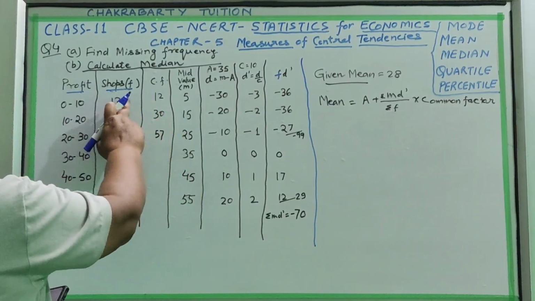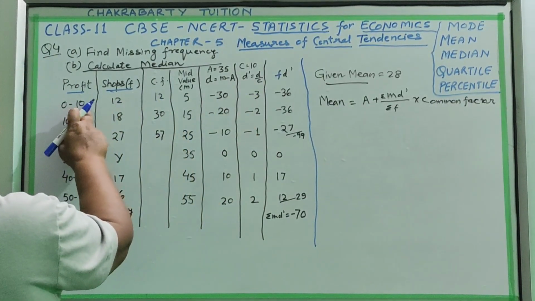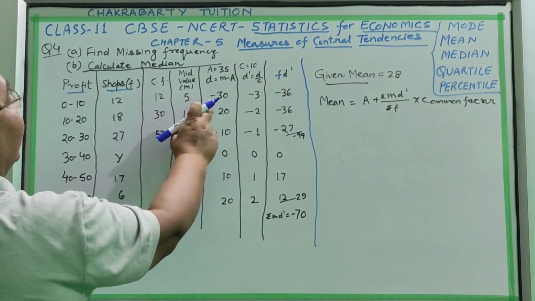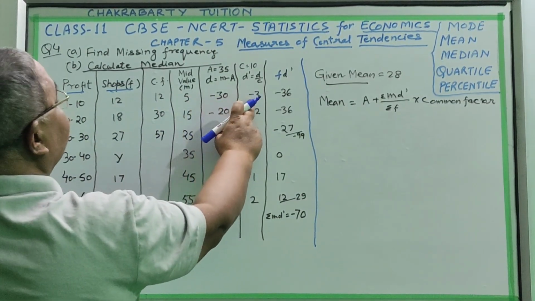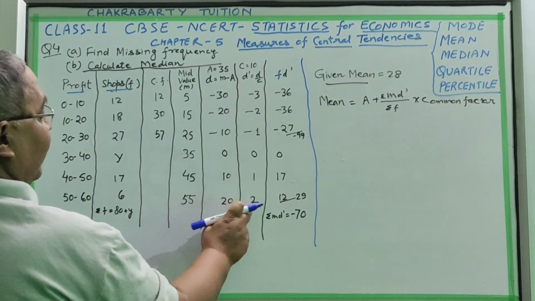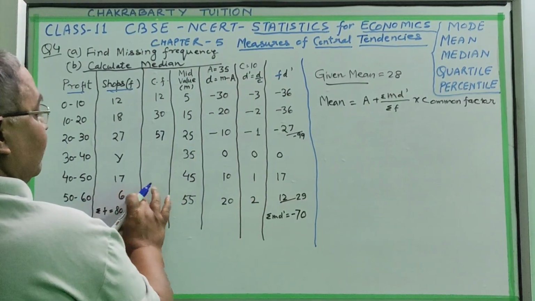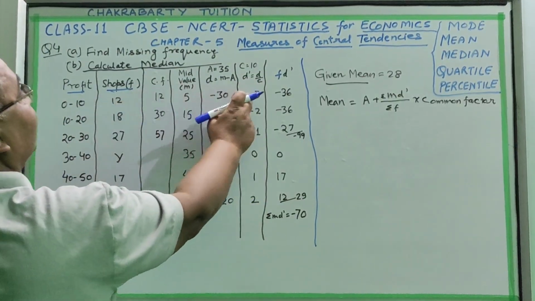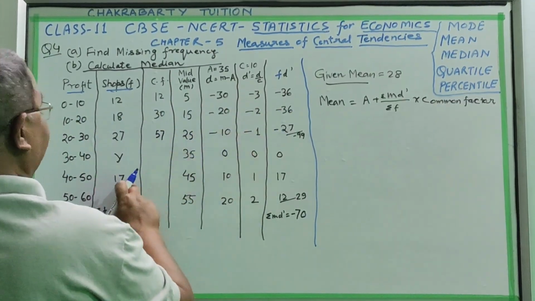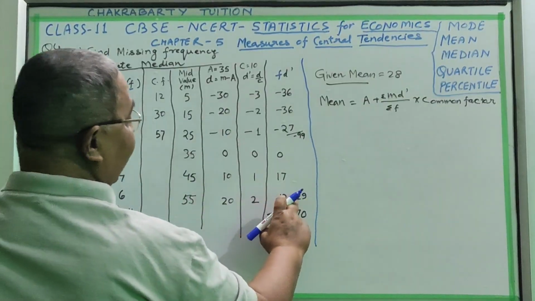Here we will take the frequency and the mid value. Actually this class interval is your original X. We have reduced it here, and again we have reduced it here. By this we have reduced the mid values, say 55 has reduced to 2. In this way we have reduced it so that our multiplication will be easy. So 12 3s are 36 FD, 18 2s are 36, 27 1s are 27, 17 1s are 17 and 6 2s are 12. Like this we have made it.